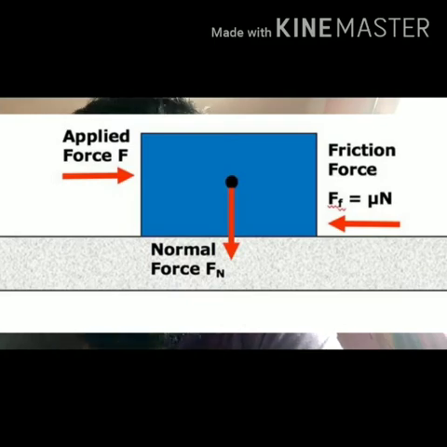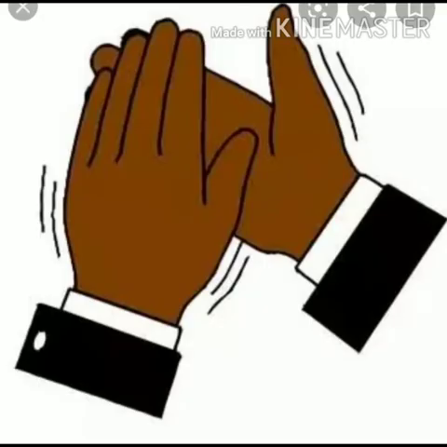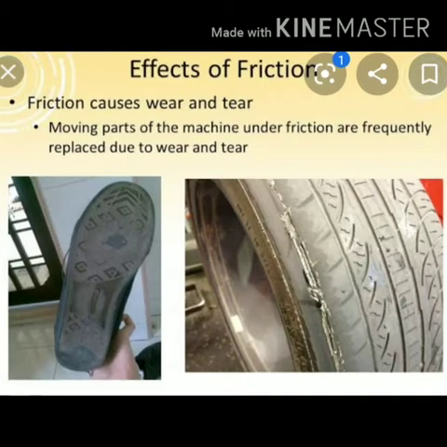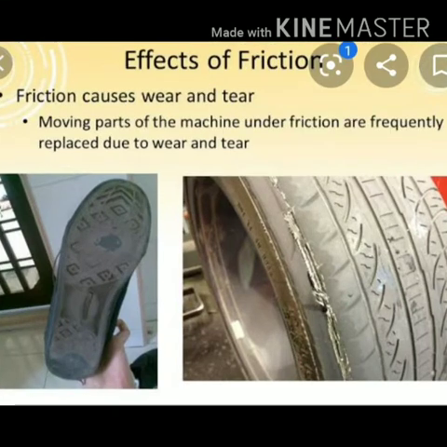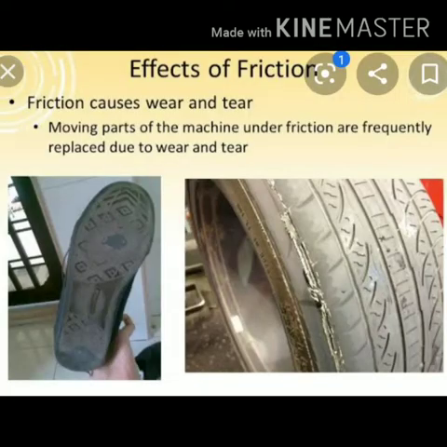So now let us move on to the properties of friction. Friction always opposes relative motion, hence it slows down and ultimately stops a moving body. Friction produces heat, and this is why when we rub our hands together and touch our cheeks with them, we feel warm. Even the tyres of moving vehicles and the moving parts of machines become hot due to friction. Friction causes wear and tear of the surfaces in contact. It results in the wearing out of the soles of our shoes and the tyres of moving vehicles. Also, the parts of a machine wear out due to friction, and one has to replace them from time to time.